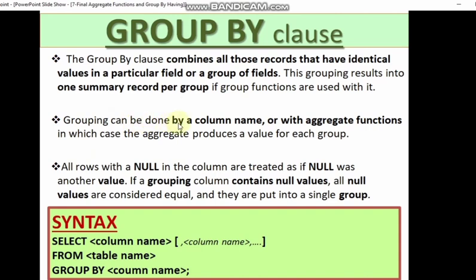Grouping can be done by a column name or with aggregate functions, in which case the aggregate produces a value for each group. All rows with a null in the column are treated as if null was another value. If a grouping column contains null values, all null values are considered equal and they are put into a single group. So null is also put into one single group.